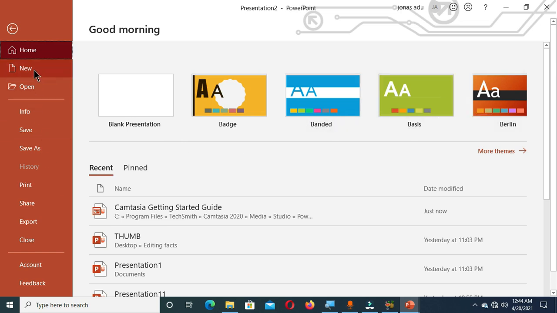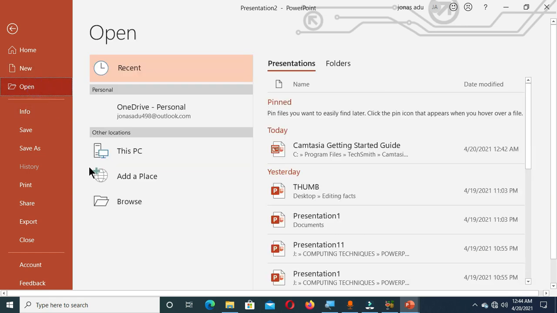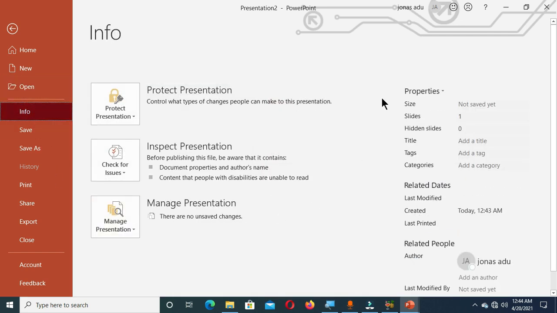When you click on new, you can also choose a blank presentation. Open, you can search for an existing file, click on it, and if you want to apply any changes to any existing file, you can come to the open command and choose that particular file. When you go to info, it is also going to give you the information about the